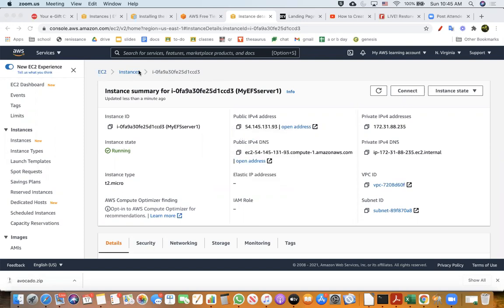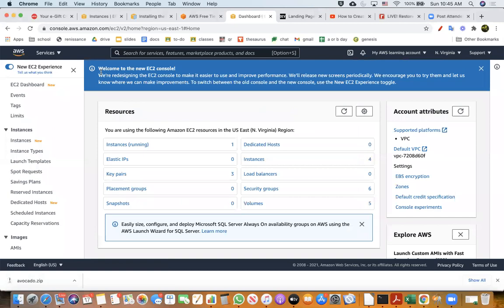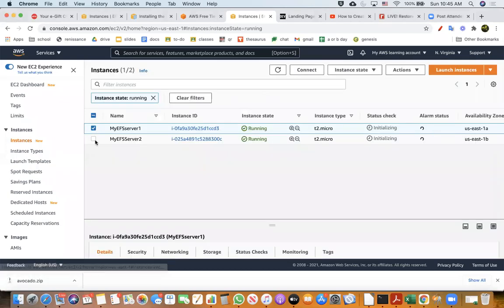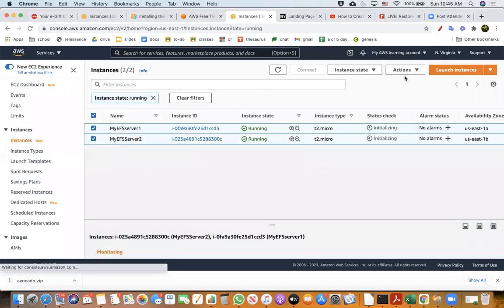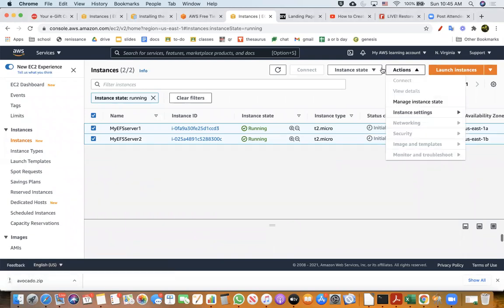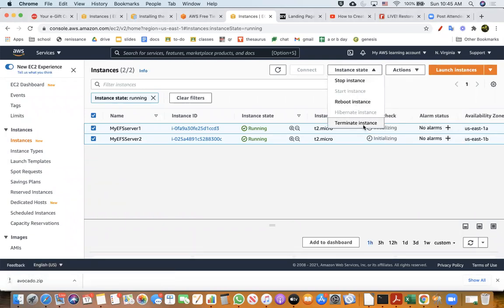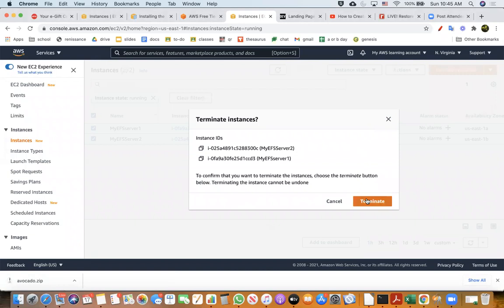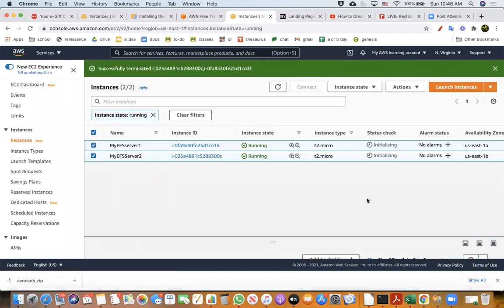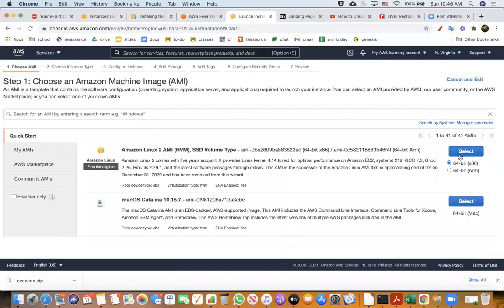So what I'm going to do, this is the EC2. There are two instances I did, and I'm just going to terminate these instances right now, so I can really show you this all over again. I think this is the same EC2 instance creation step, but there is one small item that I wanted you to see, because there are two instances I want to create.